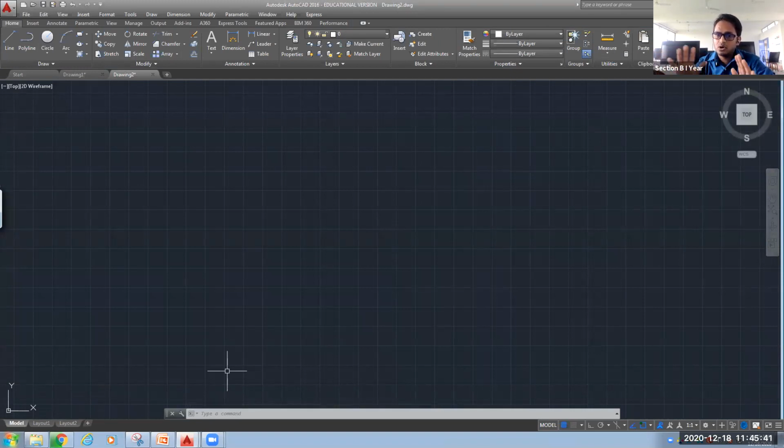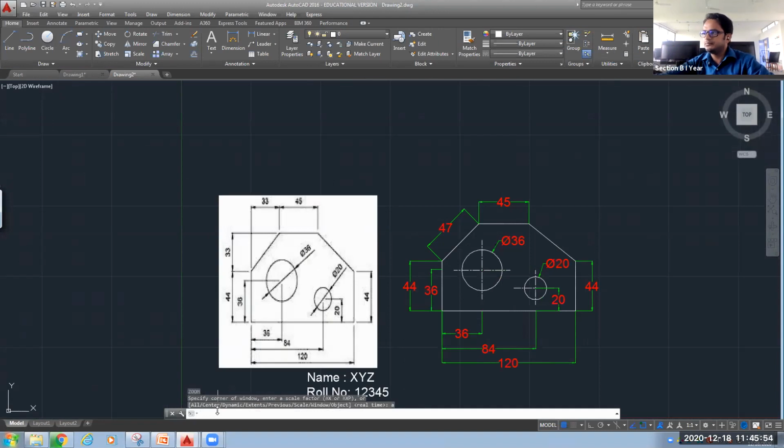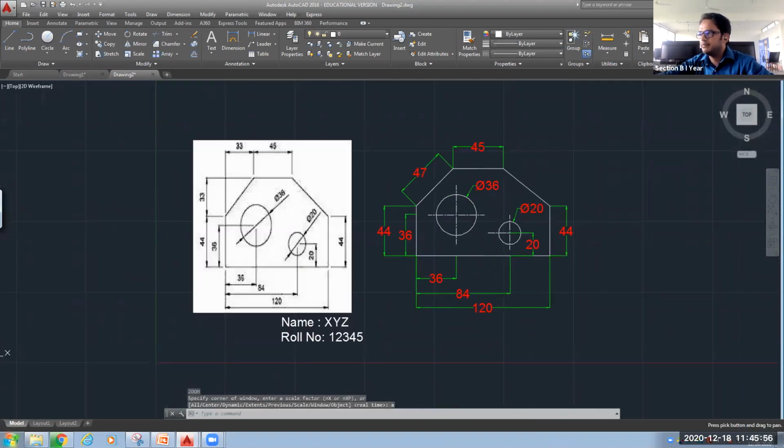Now whatever I have drawn is not visible on my screen. So for this, I will use the zoom command: Z for zoom, enter, A for all, enter. Now you can see whatever we have drawn is visible here. Suppose you want to place this somewhere below this, so you can select this entity.